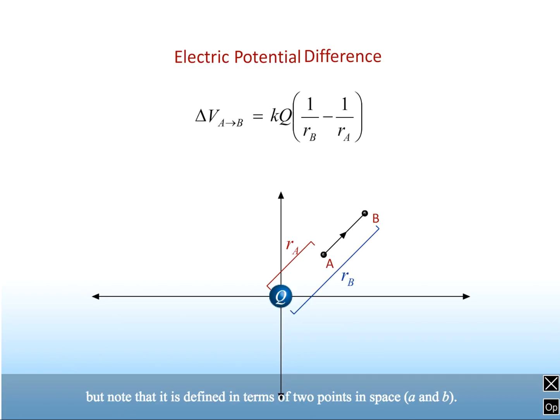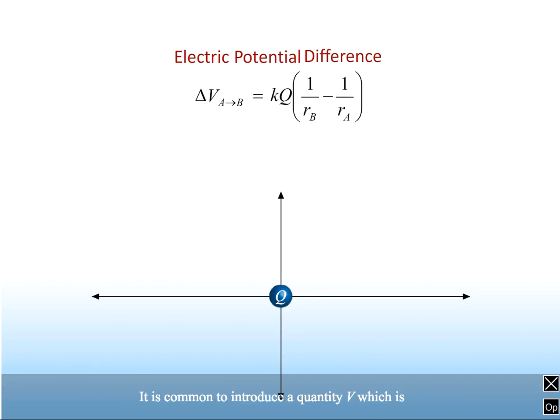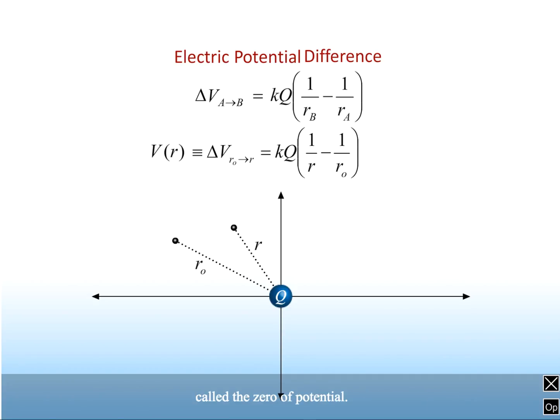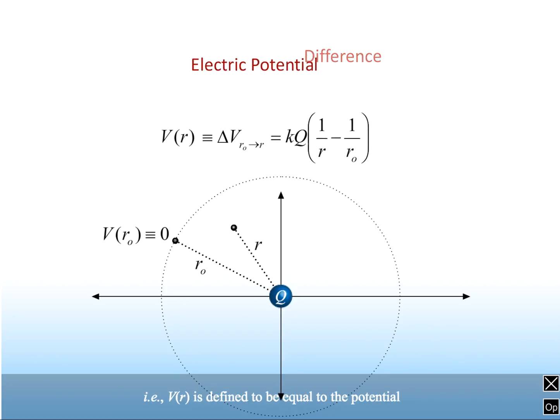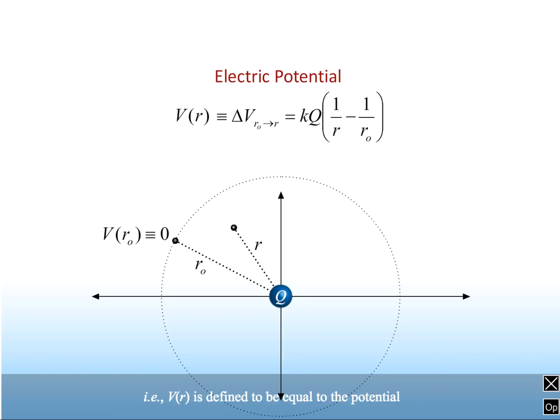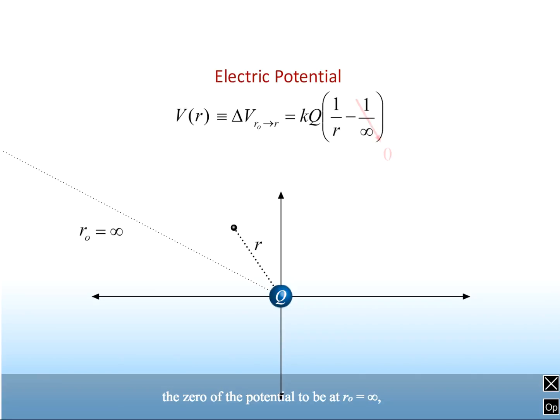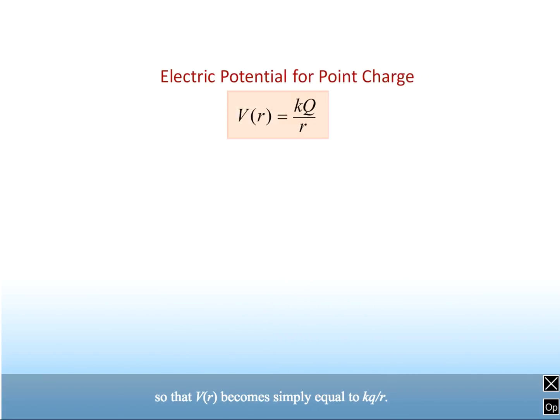But note that it is defined in terms of 2 points in space, A and B. It is common to introduce a quantity V, which is defined for each single point in space, as the difference in electric potential between that point and some reference point, R0, called the zero of potential, i.e., V of R is defined to be equal to the potential difference between R0 and R. For our example of the electric potential produced by a point charge at the origin, it is common to choose the zero of potential to be at R0 equal to infinity, so that V of R simply becomes equal to